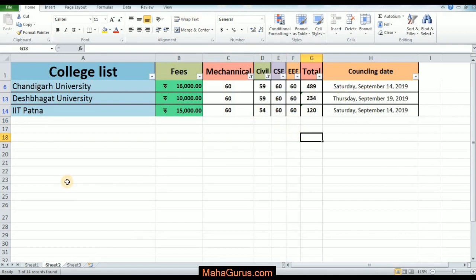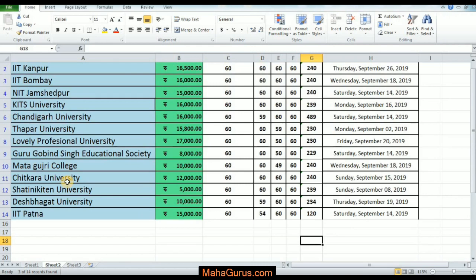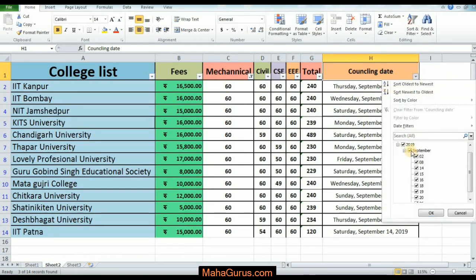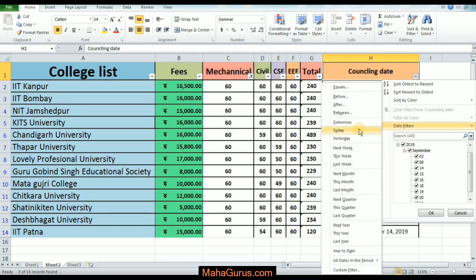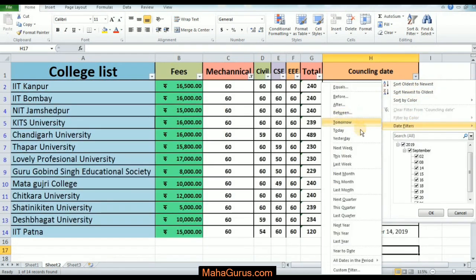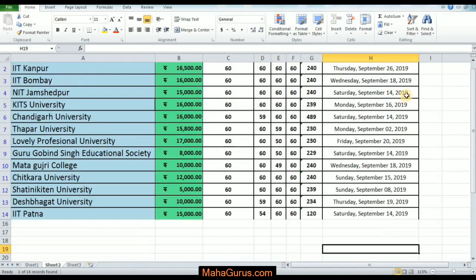Similarly guys, you have a special filter if you want to filter dates especially. So what we do is we just select the dates, and here you have the filter option. Select that, then Date Filters, and select whatever date you want, like tomorrow, today, yesterday, next week, this week, last week. I'm selecting tomorrow, and tomorrow's date as per my PC is 16 September. Similarly, you can enter whatever you want, like I'm entering today, so today is 15 September.